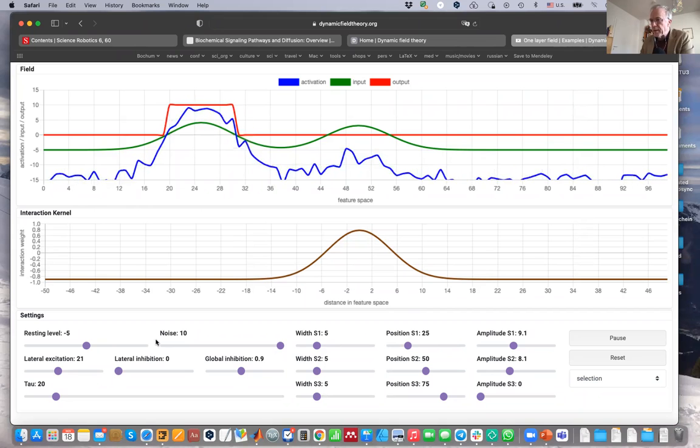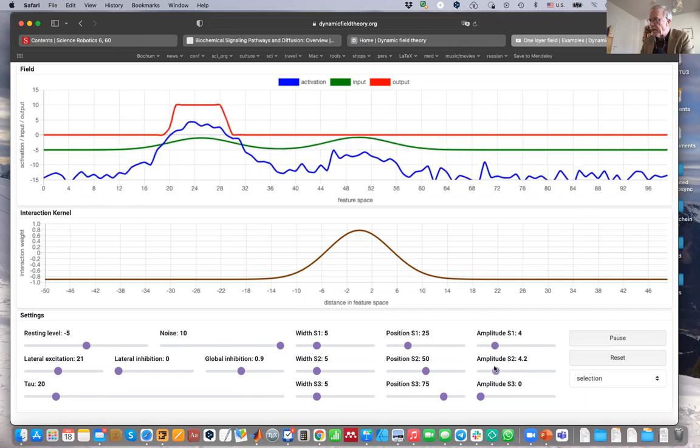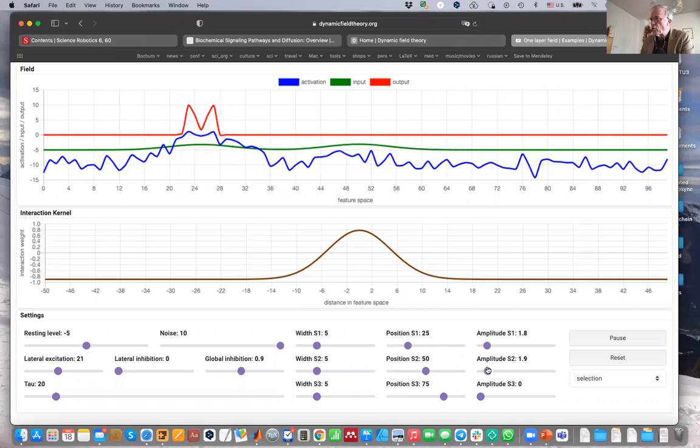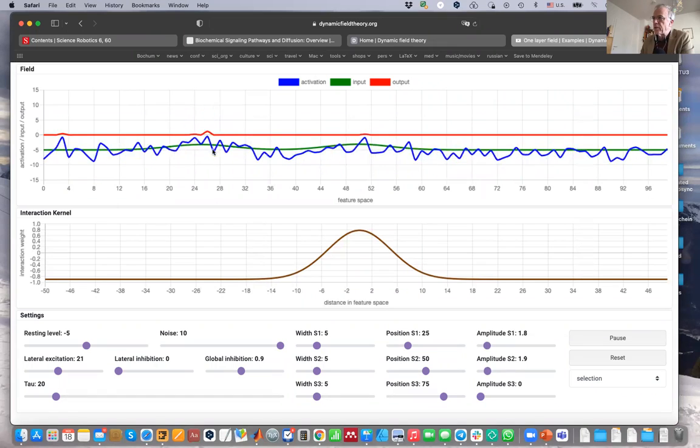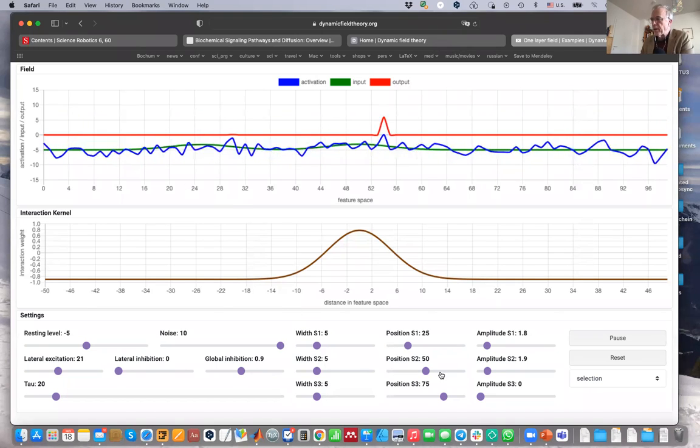Let's say if I make everything a little bit weaker, these inputs, maybe I can get somewhere that you can see the destructuring of the field. So you see the sigmoid is now just random here, and then sometimes it can go here or there, but now it's no longer really showing coherent states. So I cannot get into a regime in which